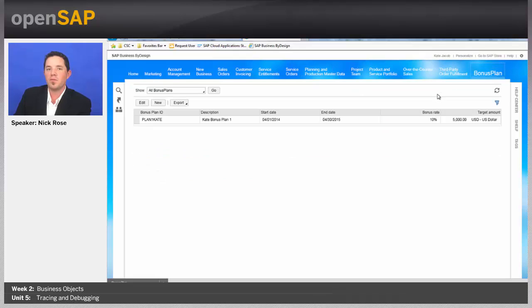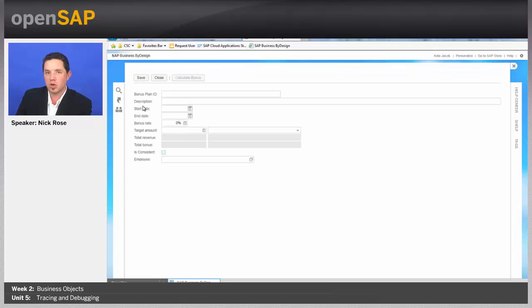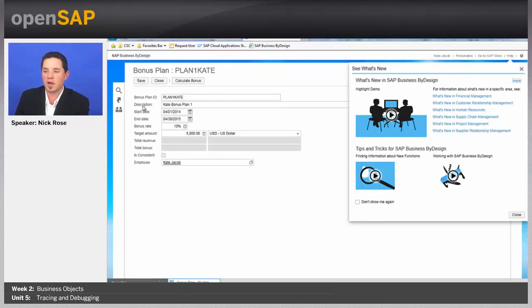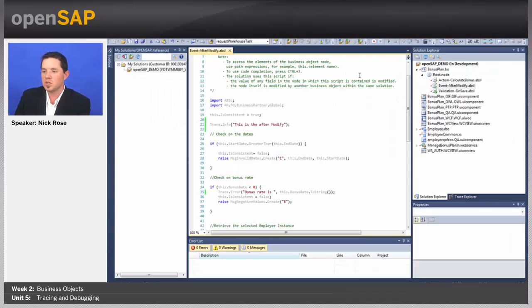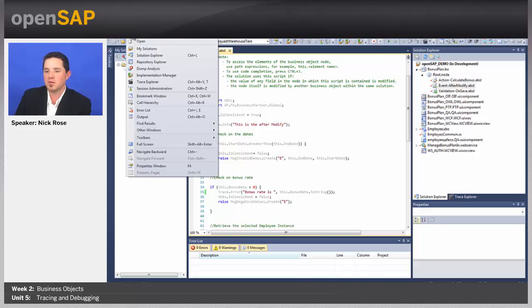Now for tracing, I'm just going to go directly to a bonus plan and get right about to the point where I'm going to execute this code where I put my trace statements, which for us is our after modify. So I have a bonus plan open. In the studio, I'm going to hit this record button. If I don't have this, I can always add it